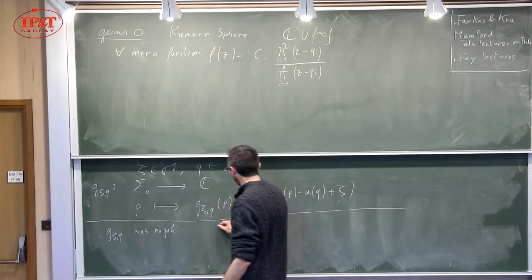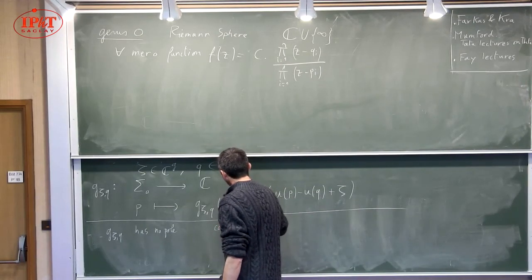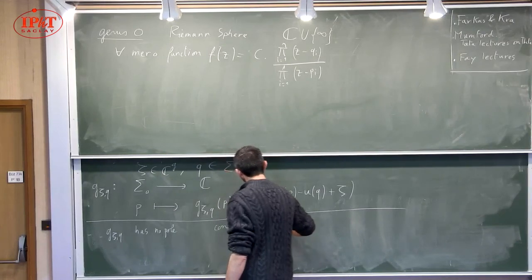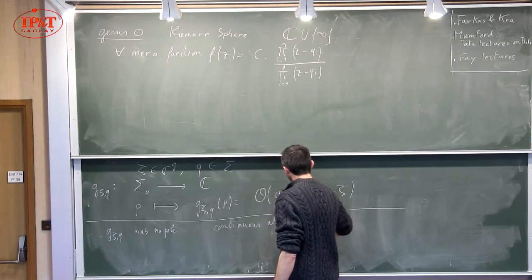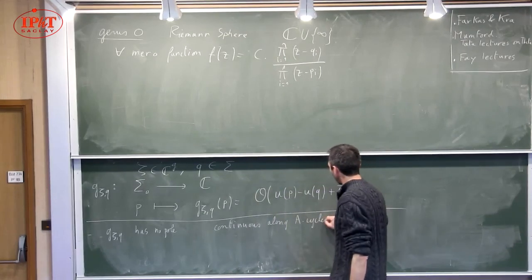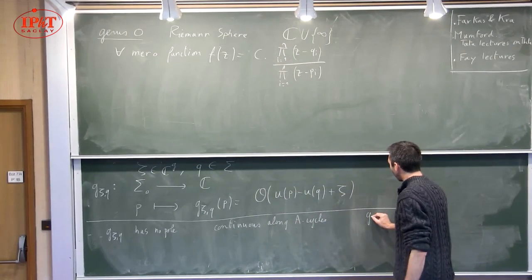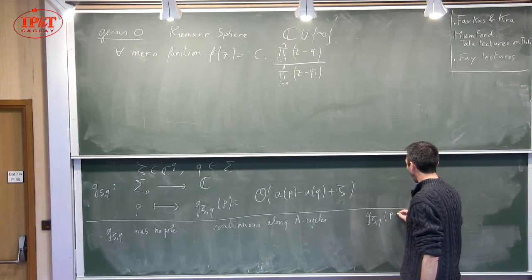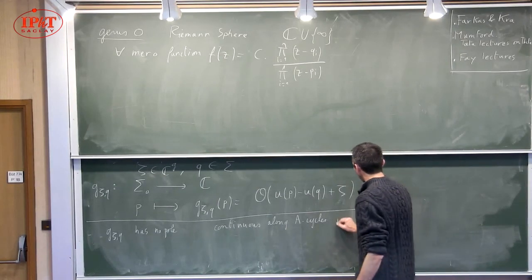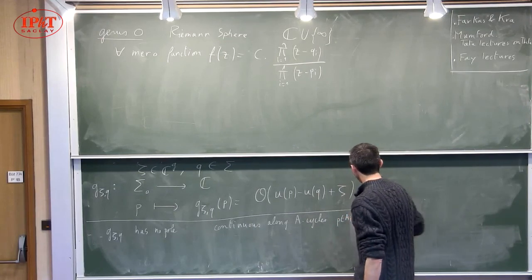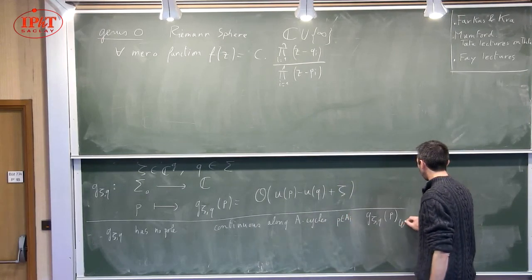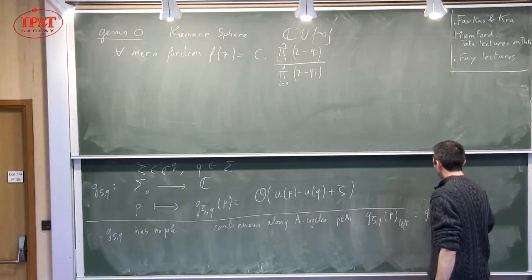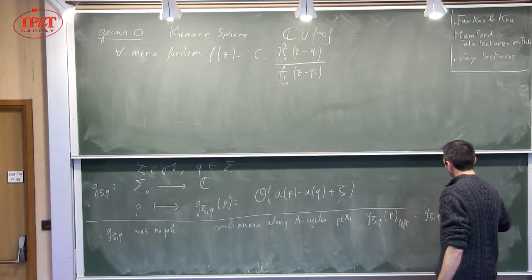So, in fact, it's continuous along A cycles, which means that g zeta Q of P on A_i, so if P belongs to A_i, left equals g zeta Q of P on the right,